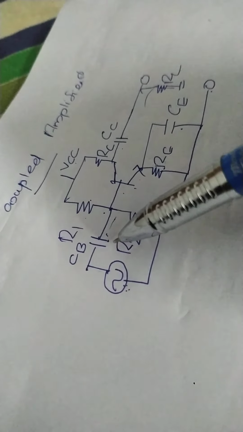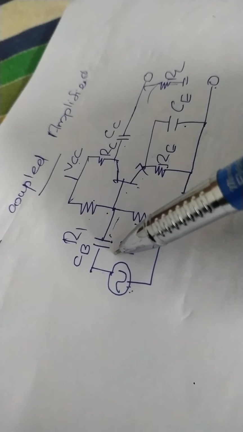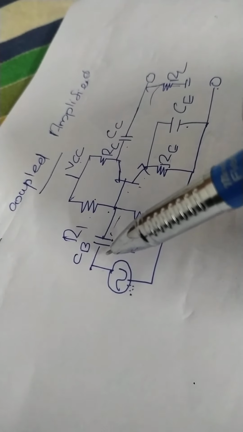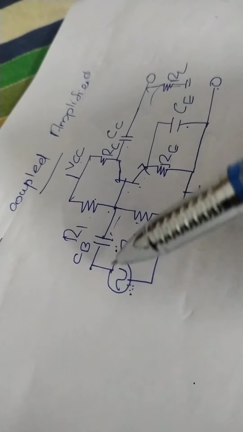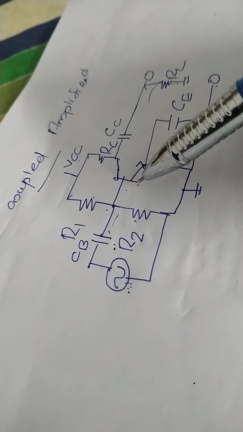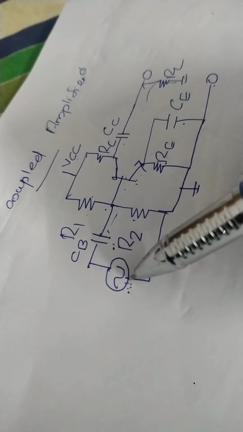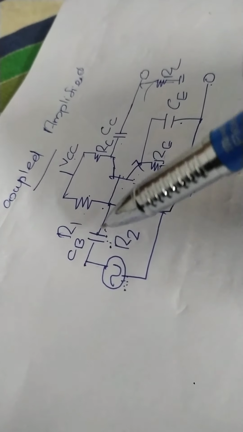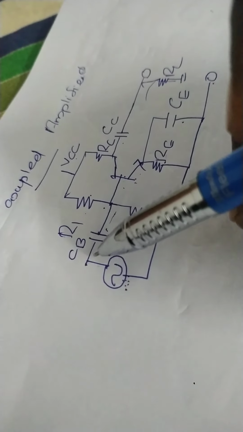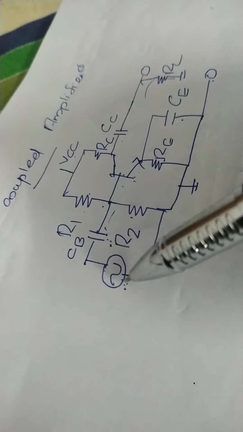This circuit is used for biasing. This coupling capacitor is used to smoothen the input signal. When the input signal is applied, a smoothed input signal is passed to the base. If the input signal changes suddenly, the transistor may be damaged. In order to protect the transistor from sudden variation of the input signal, this capacitor is used. Sometimes a DC voltage flows through this path, that is from R1 to the capacitor to this signal.